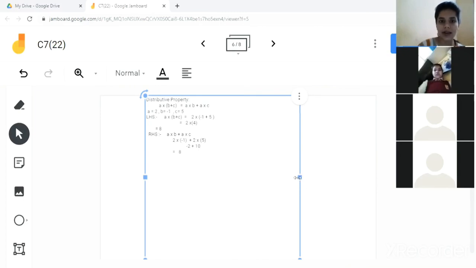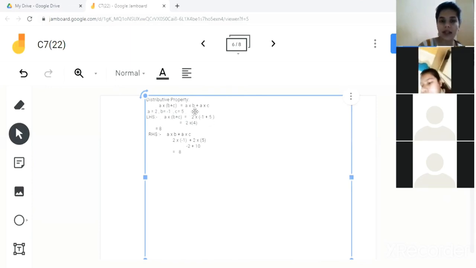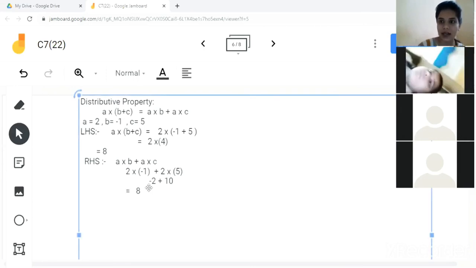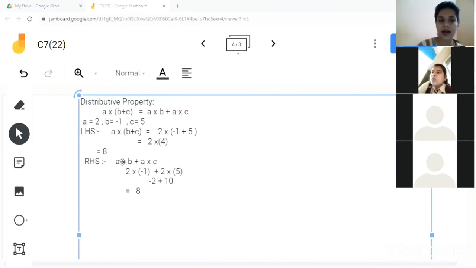So we can say that, children, if we are doing multiplication after addition, or if we are doing multiplication of both the numbers first, then adding both the numbers, it will not affect our answer. It will not affect our result. Understood? Now, what is the meaning of this? If we are adding two numbers first, then multiplying with the first number, or if we are multiplying first and second number, then adding with the multiplication of first and third number, it will not affect our result.